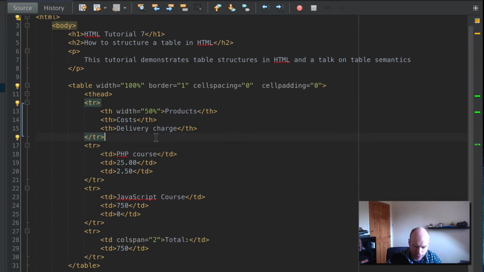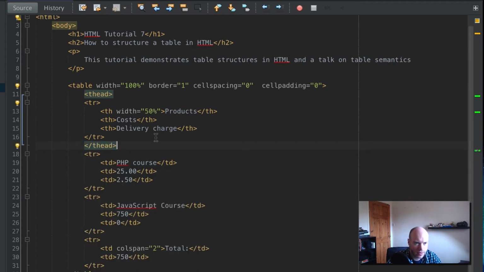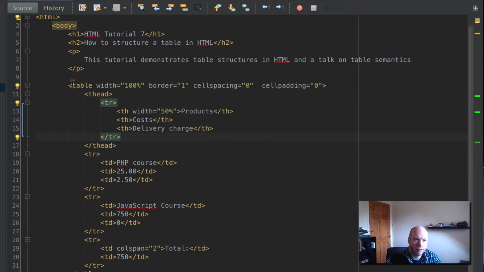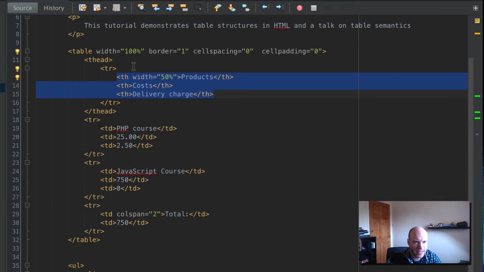Let's put that in here, so closing the THead. Let's save that and move some of these out. So we have the table straight into the table header, and then we have a single row within this table header which has these 3 columns, these 3 THs. Let's save that. I'm going to just move this up a little bit so you can see. Okay, so the next thing we can do is